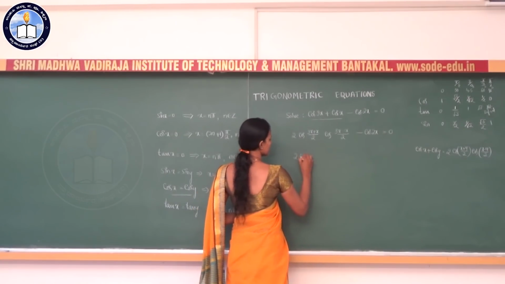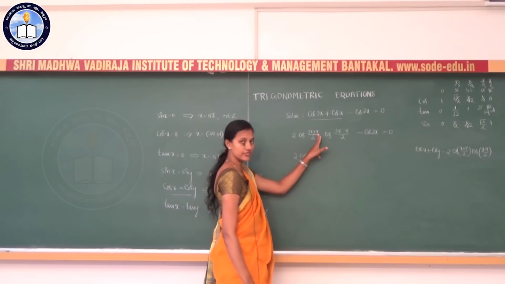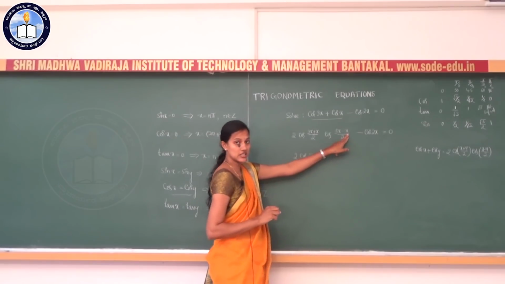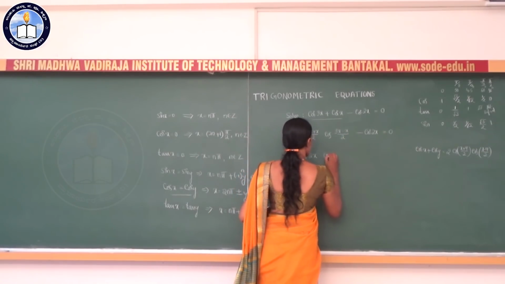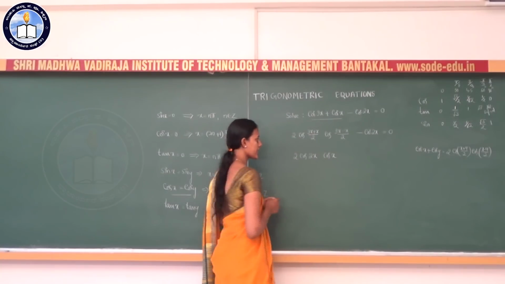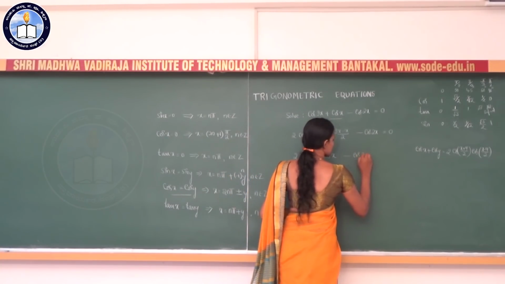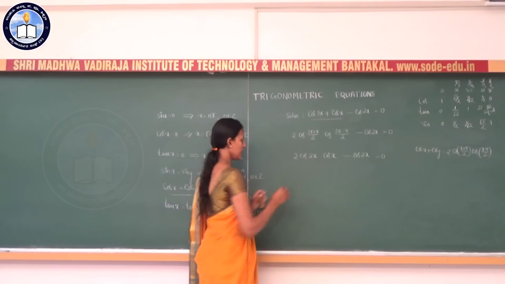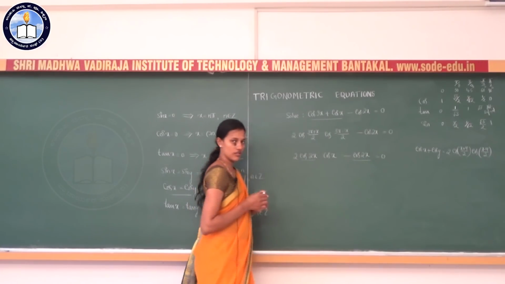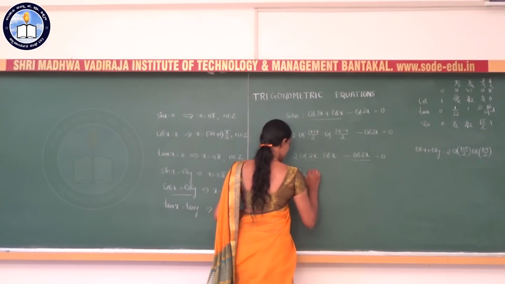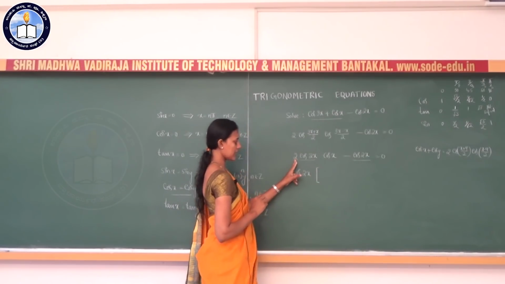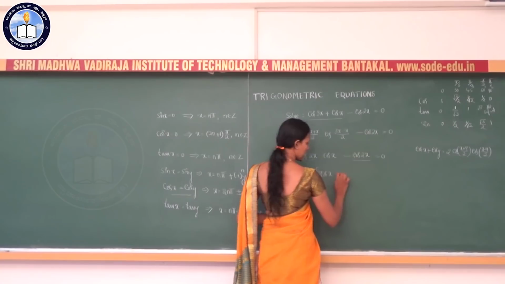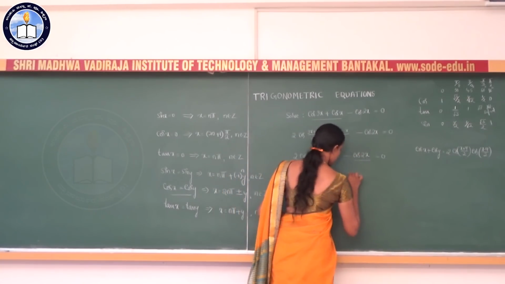So this is 2 cos of 3x plus x, which is 4x divided by 2, is 2x. 3x minus x is 2x, which divided by 2, so we have cos of x. And the second term is cos of 2x. Now look at the two terms. We have cos 2x common. So take it out. In the first term we get 2 cos x, minus cos 2x has been taken out, so we have a 1.